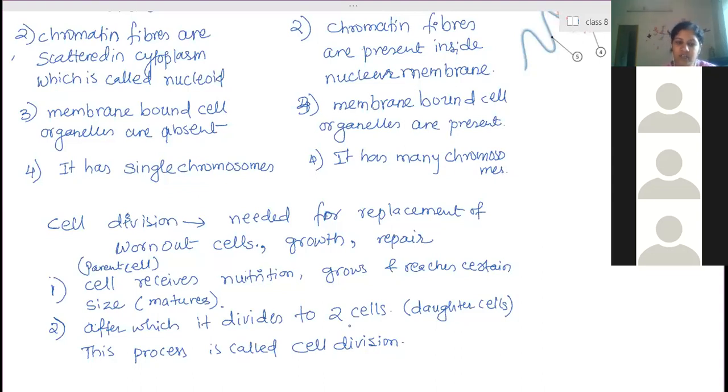But in the animal body, many different cells can divide. So that division takes place with the help of centrioles and centrosomes, which are found only in the animal cell. The centrioles and centrosomes are not present in plant cells. That is one more point of difference. You can write it out.